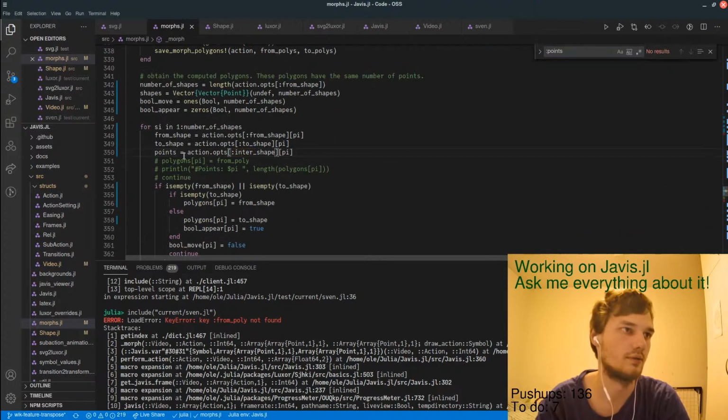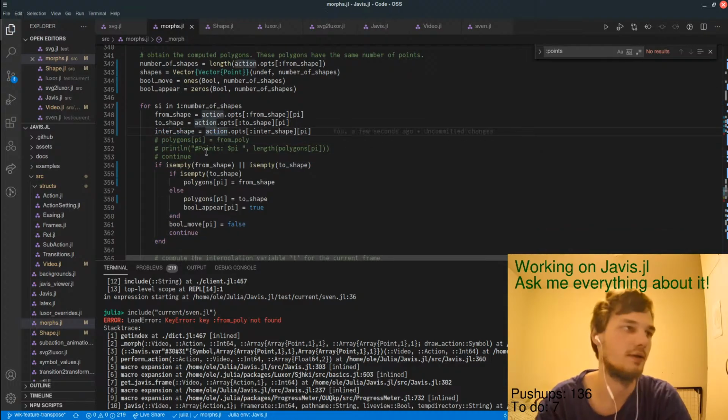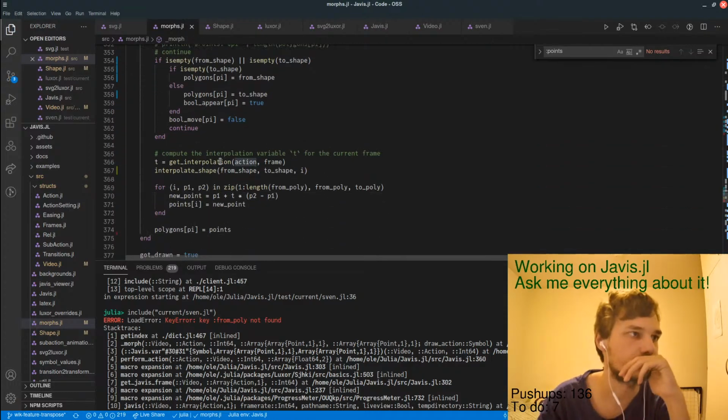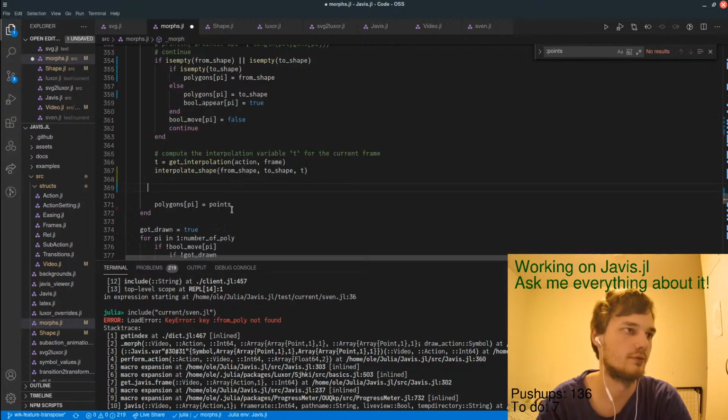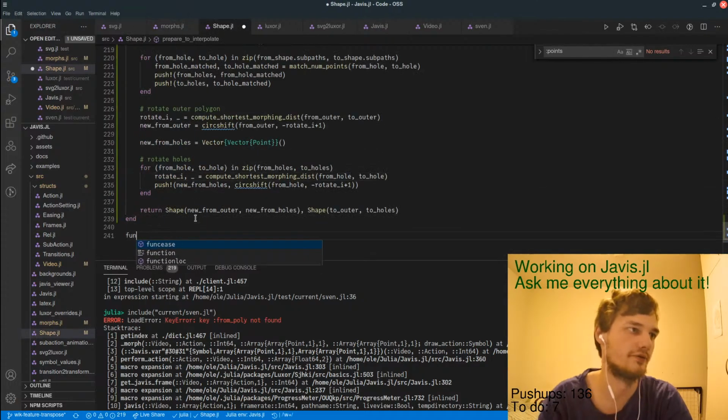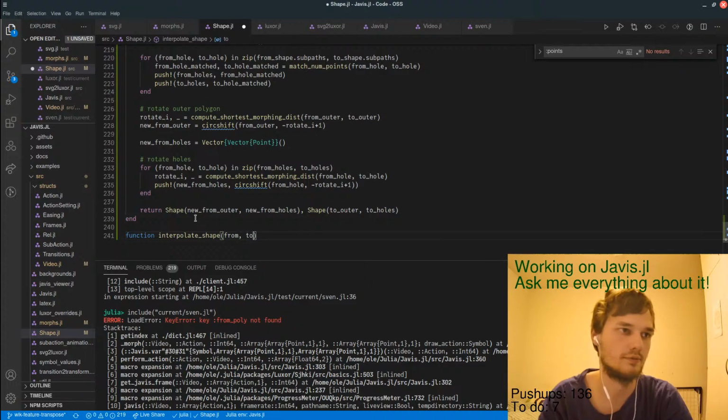Okay, so this one is T. Interpolate shape. It's probably also a function here. Interpolate shape from to T.